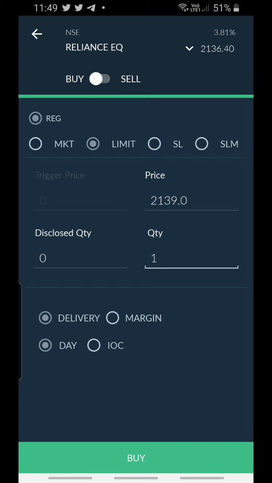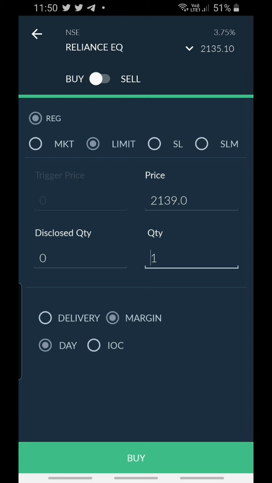We mostly use the delivery option and then the margin option, right? Delivery is if you want to carry forward your holding, like if you are buying today and selling tomorrow, like BTST, or you want to hold it for a longer period of time, then you can click on delivery and buy. And margin is if you want to trade only on an intraday basis, like buying in the morning and selling in the afternoon, or buying today and selling the same day, then you click on margin. And Asta gives margin of like 40 times, I guess, so you get a good margin in Asta.